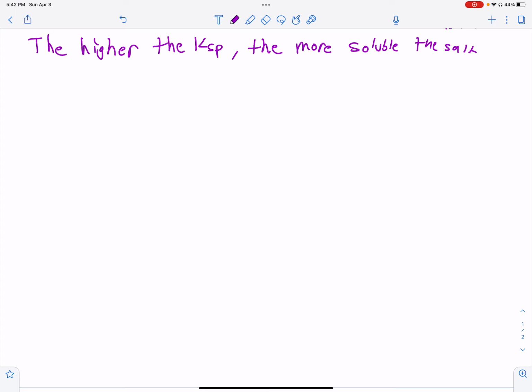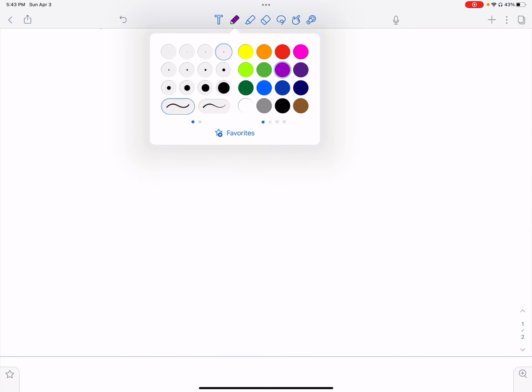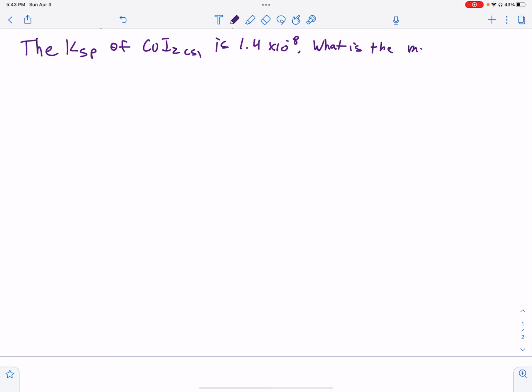So let's do an example of solving for the molar solubility of a compound. So let's say that the KSP of copper 2 iodide is 1.4 times 10 to the minus 8th. What is the molar solubility of CuI2? So the first thing I want you to do when you're doing these problems is to write the